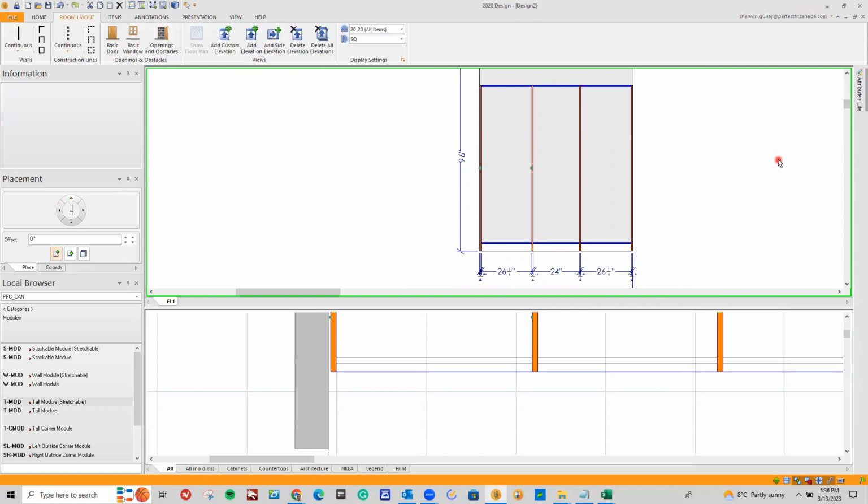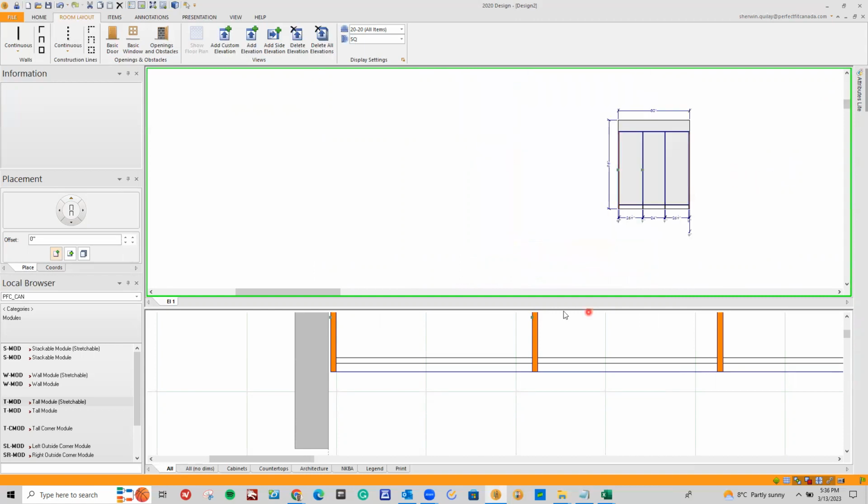What's fantastic about 2020 is there are several different ways to create things. There is no one set way. Some designers will find it easier working one way. Some designers will find it easier working the other way. Really your preference. Let's design another